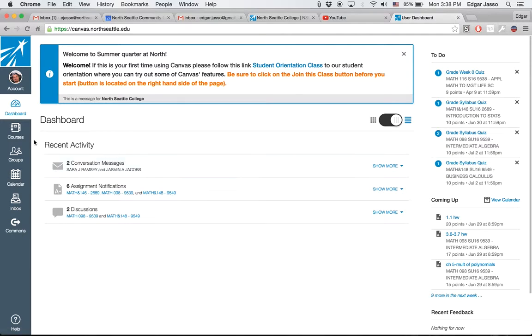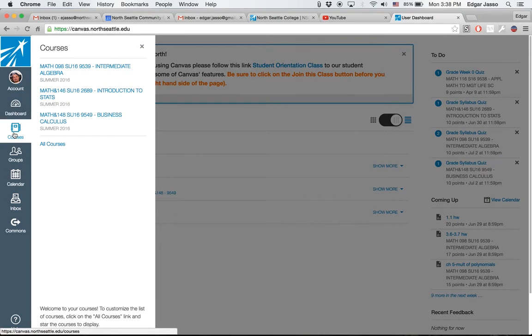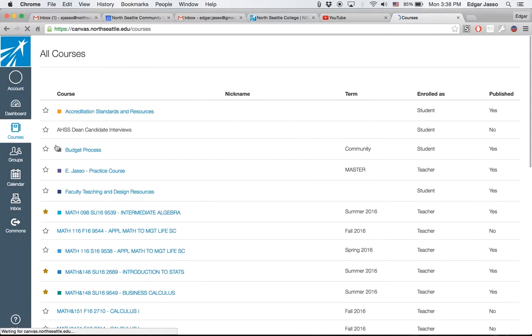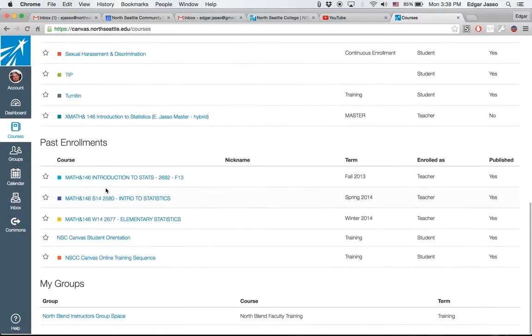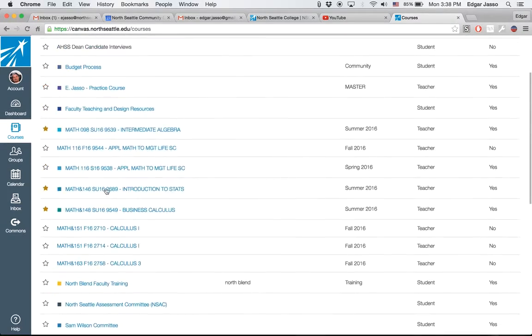So this is the dashboard. Let me change this away. If you click on courses, I have 3 courses here outside. I don't know how this looks for students, if all the courses you have taken in the past will show up here. In my case, I'll have tons of things here. If I want to erase them, click on all courses and have a list of all the stuff you ever had in Canvas. I can click here with a star